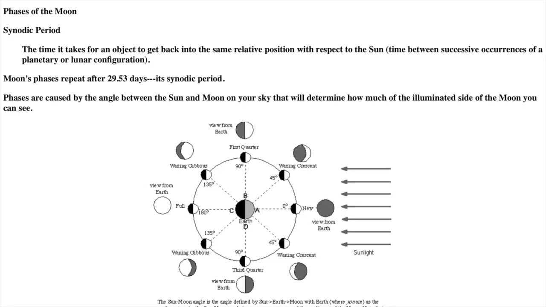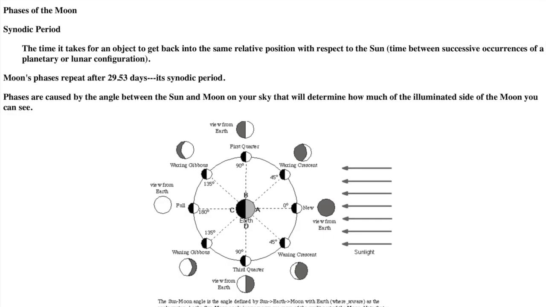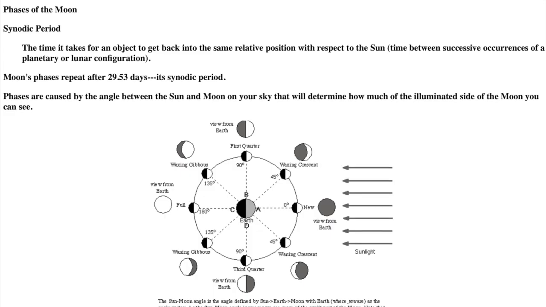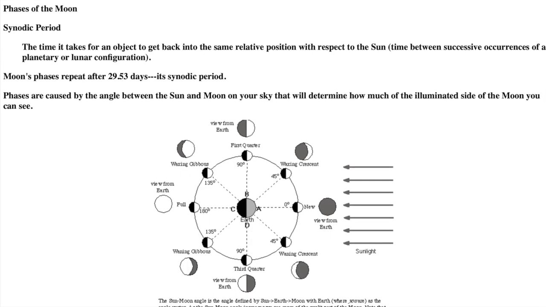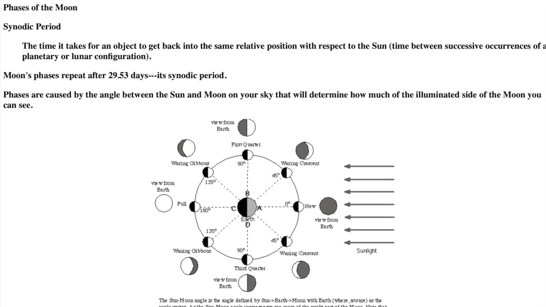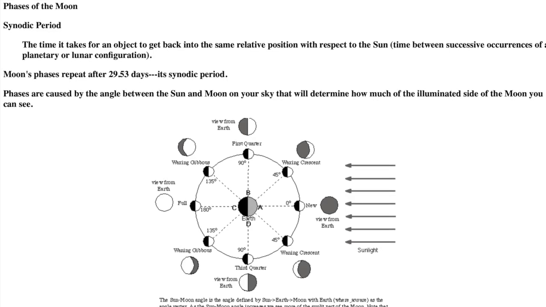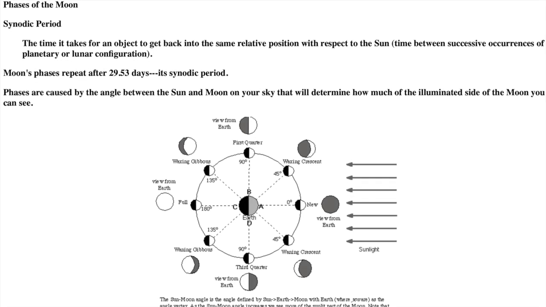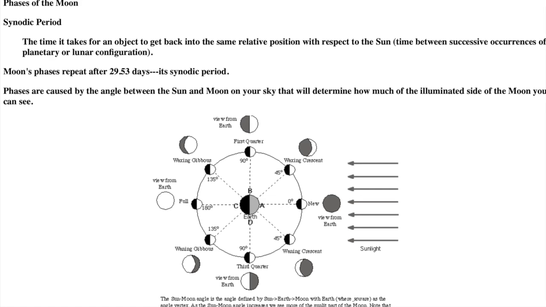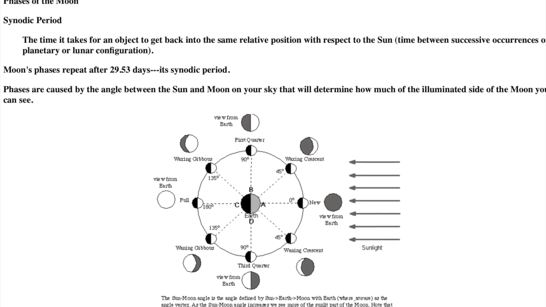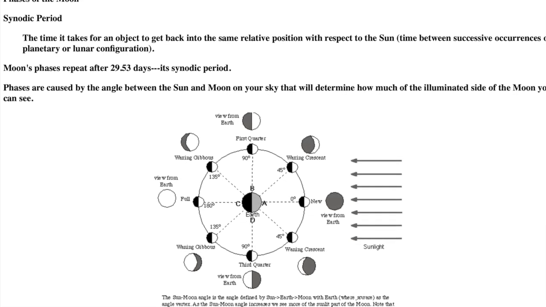The phases of the moon are caused by the changing angle between the sun and moon on our sky. That changing angle between the sun and moon on our sky changes how much of the lit side of the moon we see. The moon-sun angles are given in the inner ring of the drawing. When the angle is less than 90 degrees, we see a crescent phase, or less than half of its lit